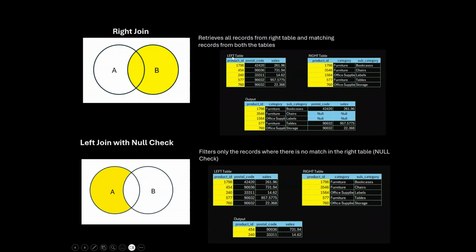Right join retrieves all the records from the right table and matching records from both tables. It's exactly the opposite of what we just discussed on the left table. So it will retrieve all the rows of the right table and just the matching records of the left table, or basically both tables. So here you can see an example again, the left table and right table. It will retrieve all the records of 1798, 3546, 1584, 577, and 760, as compared to the left table, only the matching records, which are like